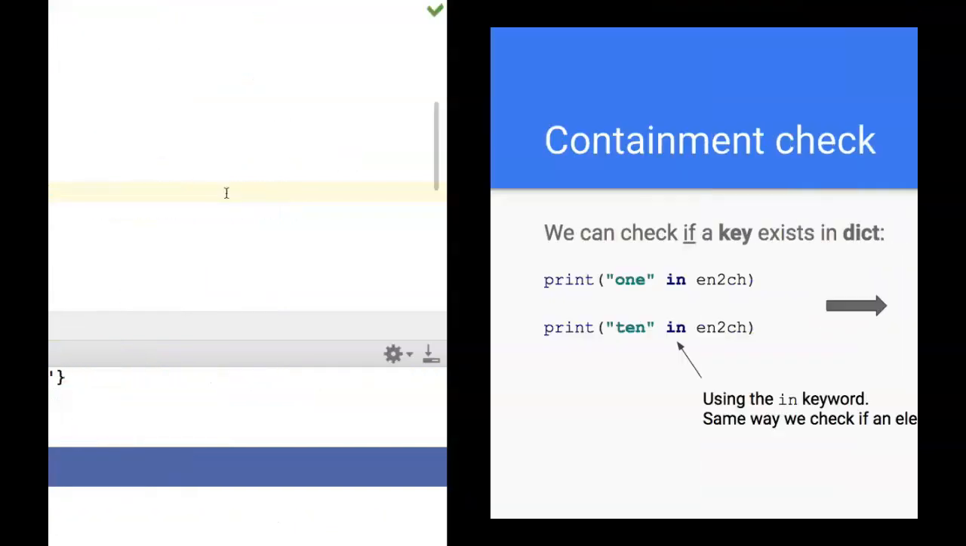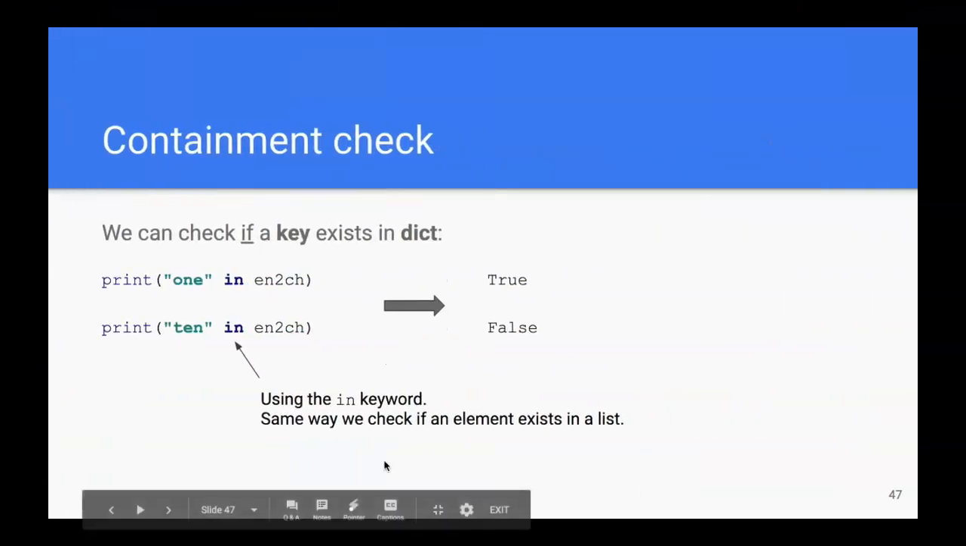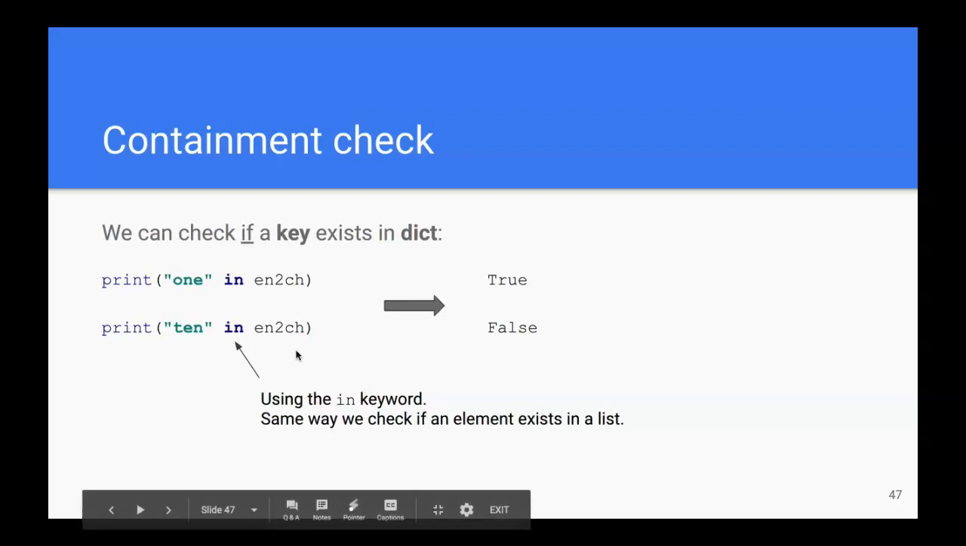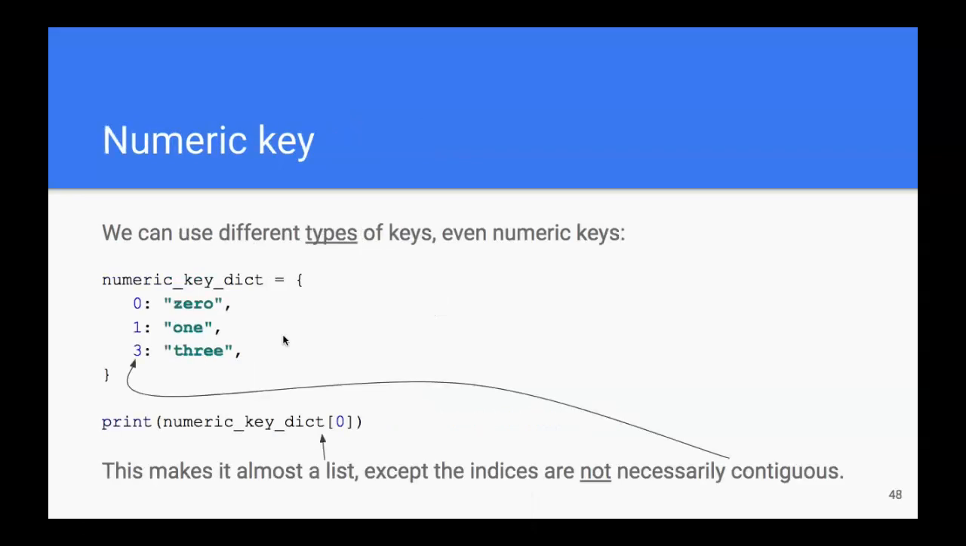So with in, we've already seen that we use that to check if an element exists in a list, and by using the same keyword we can check if a key is in a dictionary. Okay,